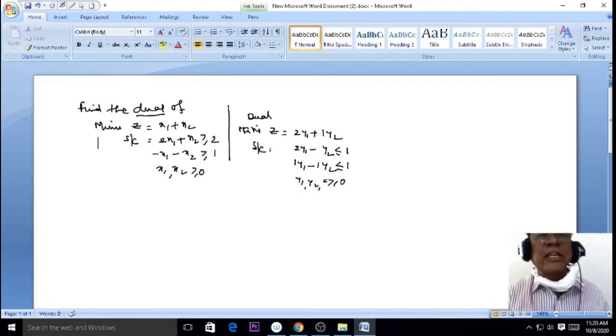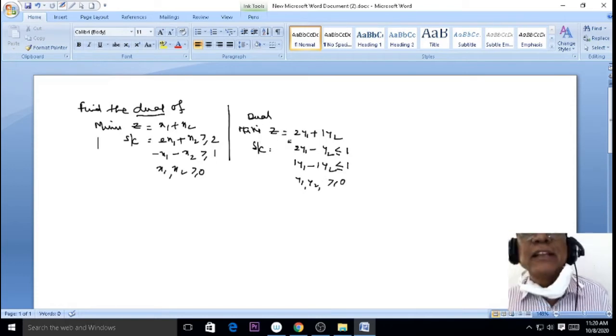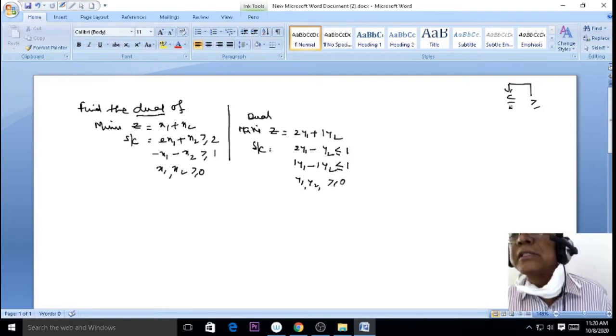Now forget about the given question. Now this is your main question. Max dual is the main question. Now come to this point. How to convert the equation? According to our basic concept, the problem is given as less than or equal to and greater than or equal to. Less than means introduce s, greater than means introduce a and s.